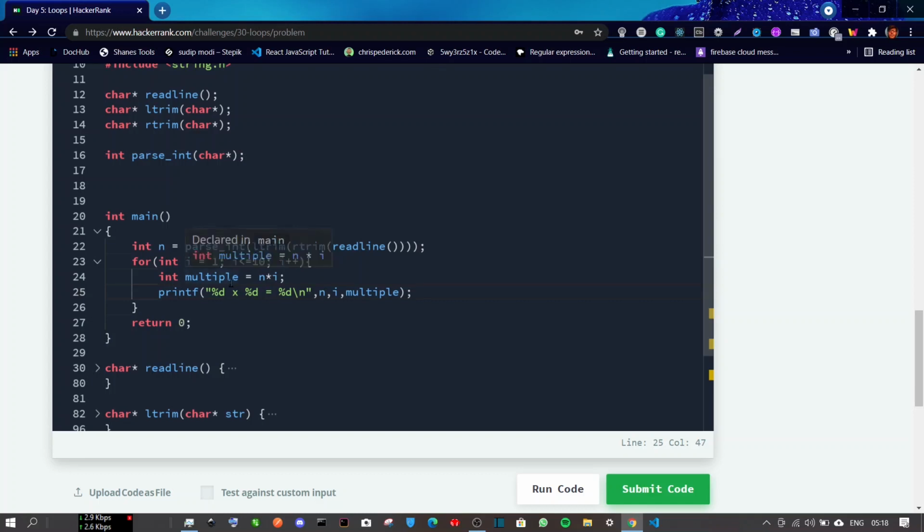So in the first iteration, the value of multiple will be 3 multiplied by I, which is 1. So the multiple value will be 3, and the printout will be, first we have 3, then 1, and then 3. So these are the structures that we use in a for loop, and this is the statement that we use to print this.